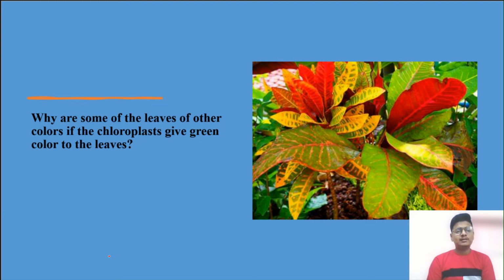See, what is chloroplast? If that plastid contains chlorophyll, the green pigment, then it will be known as chloroplast. But if it contains a different pigment, then it will give a different color. It will be known as leucoplast and different chromoplast. Like that, aminoplast. Okay, this is the reason why it is so.